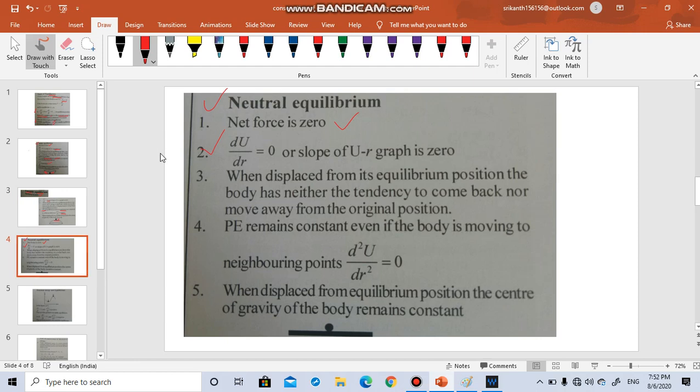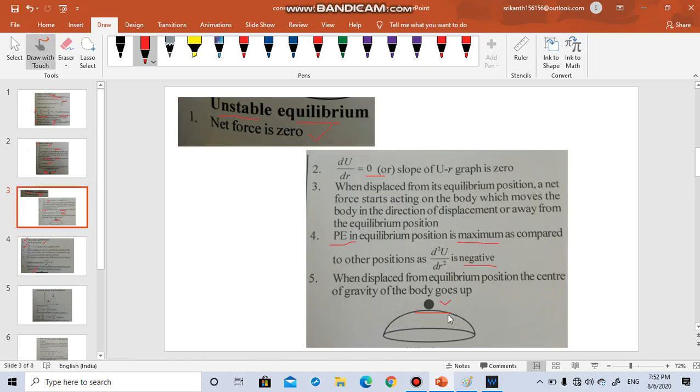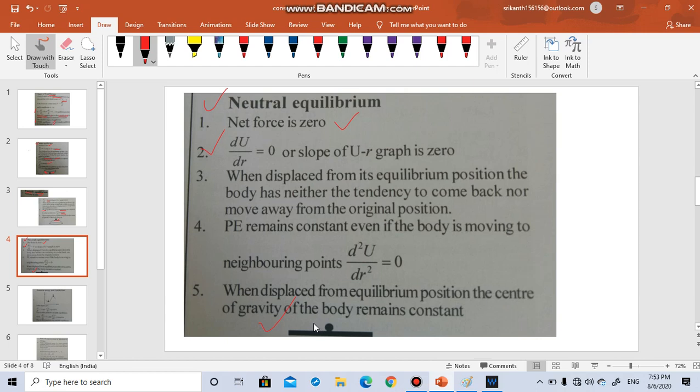So if I want to give you an example, you see there is a flat plate and there is a ball on top of it. Okay, it's a flat plate, not like a curved one. What you have seen here, this is a curvature. There is no, it's a flat plate. So what happens? If you give a little bit of force, it will move forward and somewhere it will come to rest. So at that particular point, it is in neutral equilibrium.